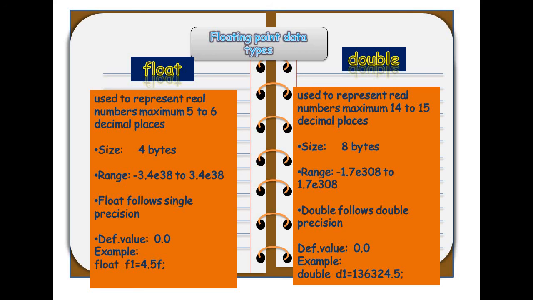For example, double d1 = 136324.5. Here there is no need to put d, because by default it is taken as double precision. In the case of float only, we have to put the single precision suffix f. So that's all about floating point data types.